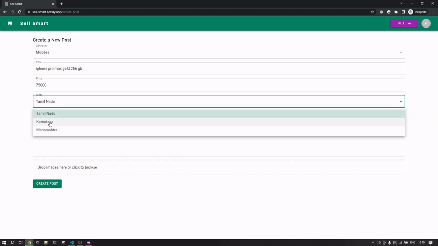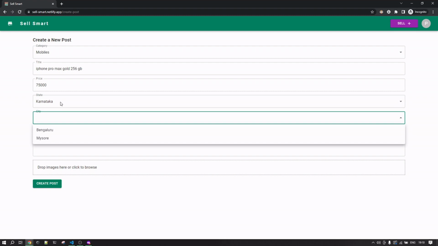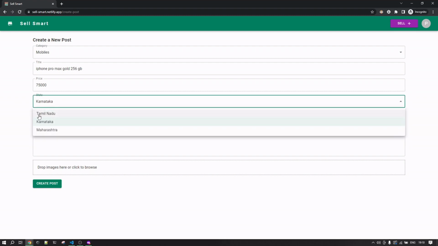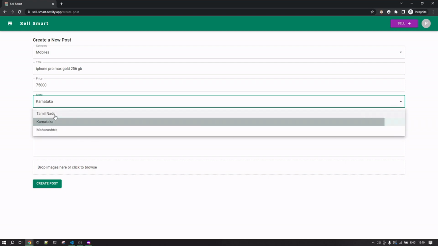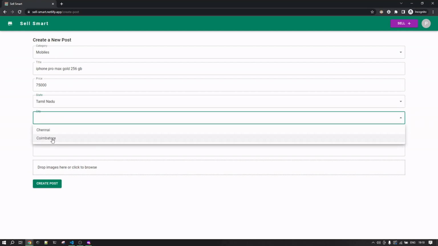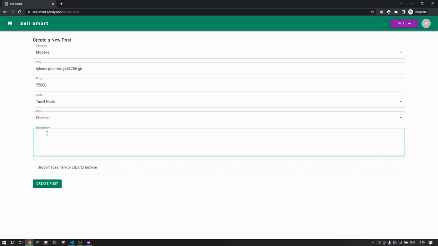Also, this state and city filter is based on whatever state we select over here, because the city collection has a reference to the state collection. So if I click on Tamil Nadu, only the cities which have a reference to the Tamil Nadu state ID will be visible. So let me select Chennai over here. Select, I am selling iPhone gold,